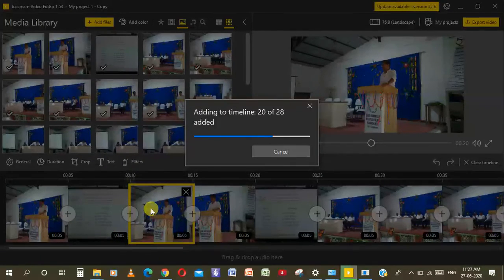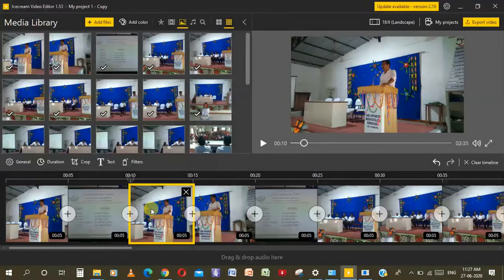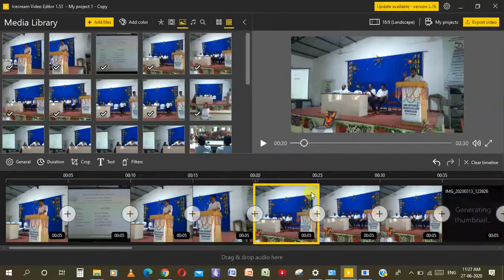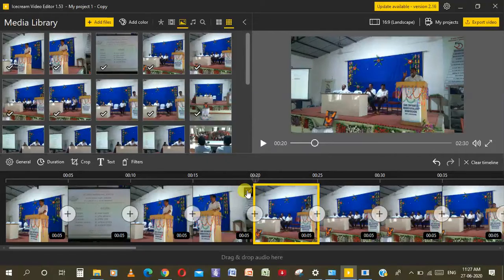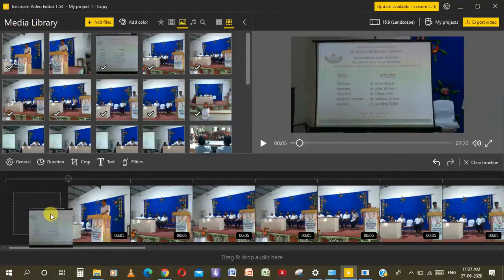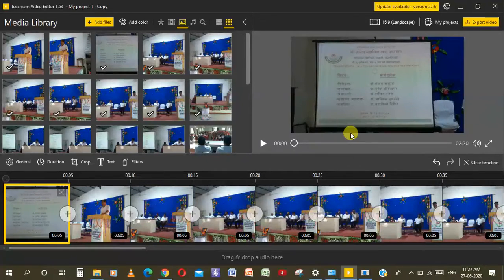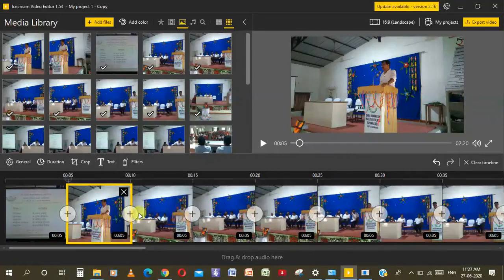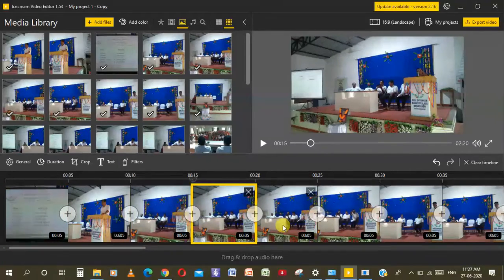Now all 28 images are added, and some of the images are doubled, so let me delete them. Now, if you want an image in the very first place, click on first. Look, it will be there in the first place, then second, third, fourth, fifth.